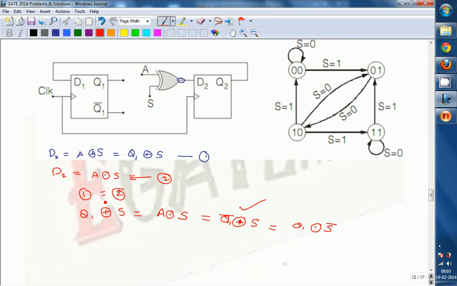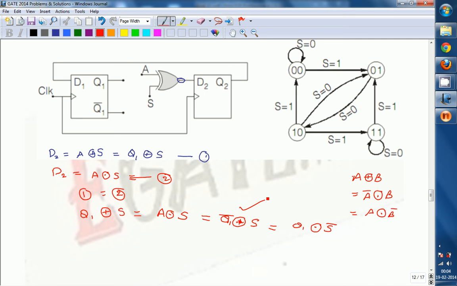An exclusive OR gate, this is A exclusive OR B, can be represented as A bar XNOR B. Otherwise, you can go with A as it is with B bar. So all are the same. You can go with the equation A exclusive OR B is nothing but A B bar plus A bar B. Otherwise, A XNOR B is nothing but AB plus A bar B bar. You can check with that. So based on this identity, we have written Q1 bar XNOR S.